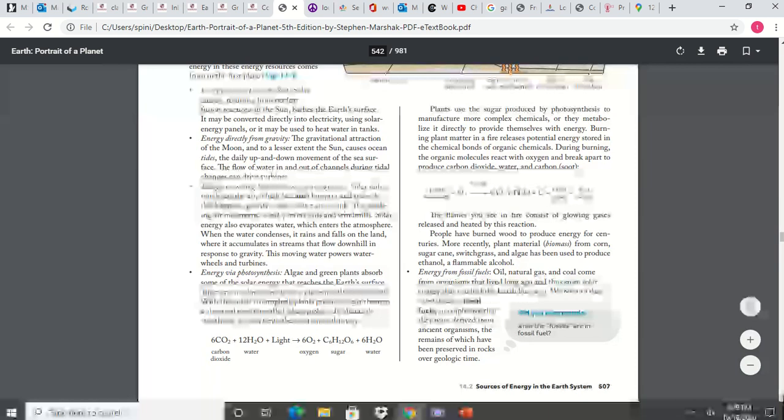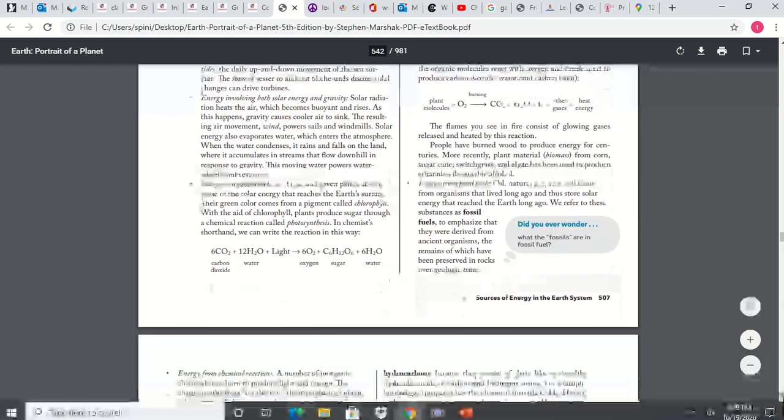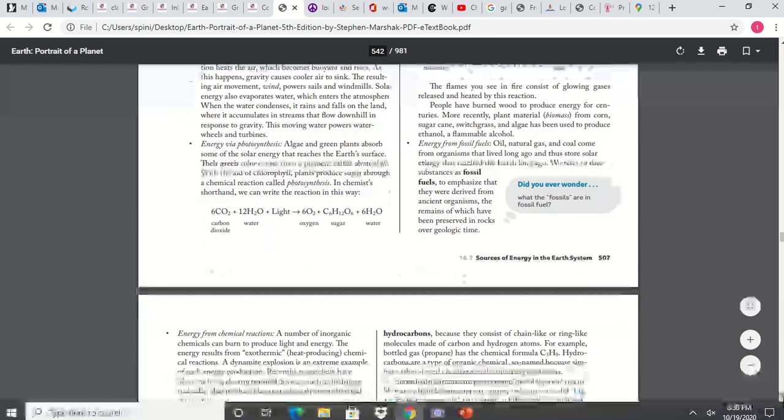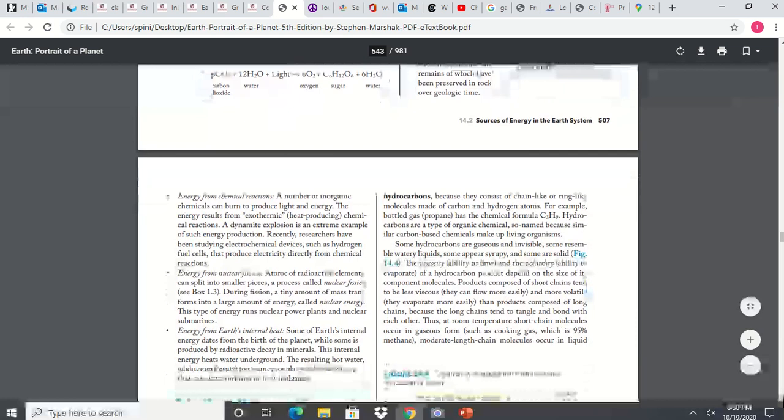Energy then, of course, from fossil fuels. And we'll talk a little bit about how that works, but energy from fossil fuels includes oil, natural gas, coal. And again, we said oil can be used to become all kinds of things: kerosene, heating oil, alcohol, all kinds of stuff. So all those things come from essentially the same source, but just in different combinations.